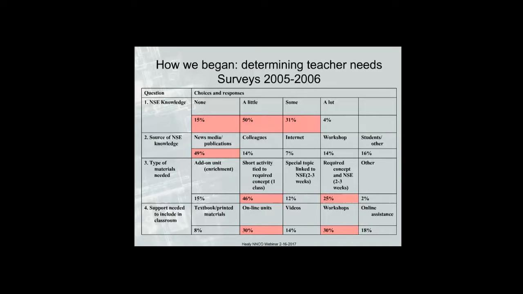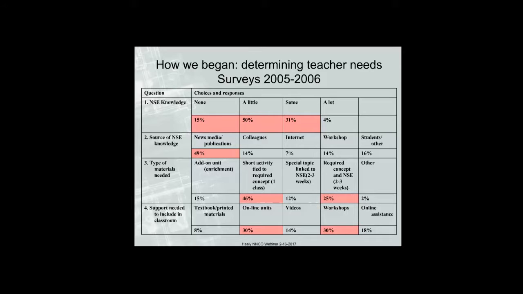So where do we begin? Well, we're an odd group. We felt that we needed to talk to teachers. We wanted to ask them what their needs were. And so way back in 2005, 2006, we started going to the NSTA. And as I tell everybody, we were the loneliest booth at the NSTA because people walked by and just looked at us like, what is nanotechnology? But we dragged people in, and we did some